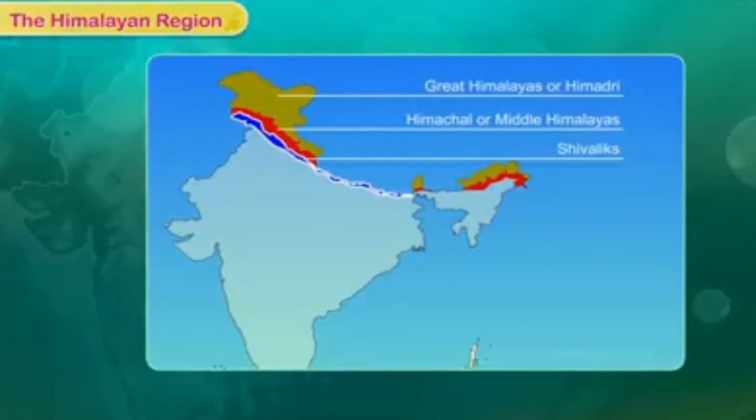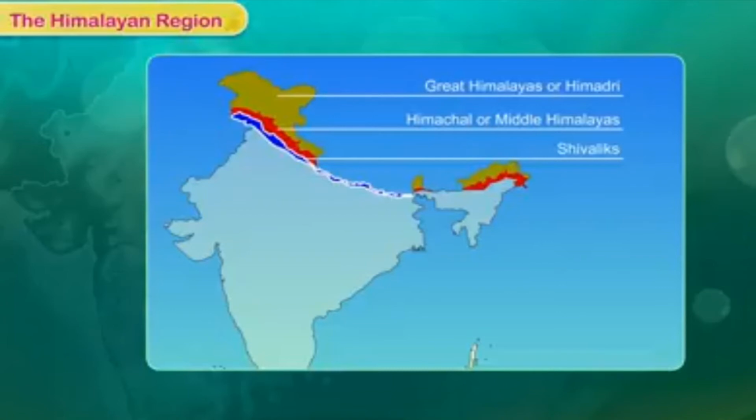And the third one is Shivaliks. The Shivalik mountains lying south of the Himachal region are the youngest, lowest and narrowest range in the entire Himalayan system. Their average height is about 900 to 1200 meters and an average width of only 16 kilometers. So they are made of poorly consolidated rocks and have broad longitudinal valleys called dunes. The Shivaliks also referred to as foothills.